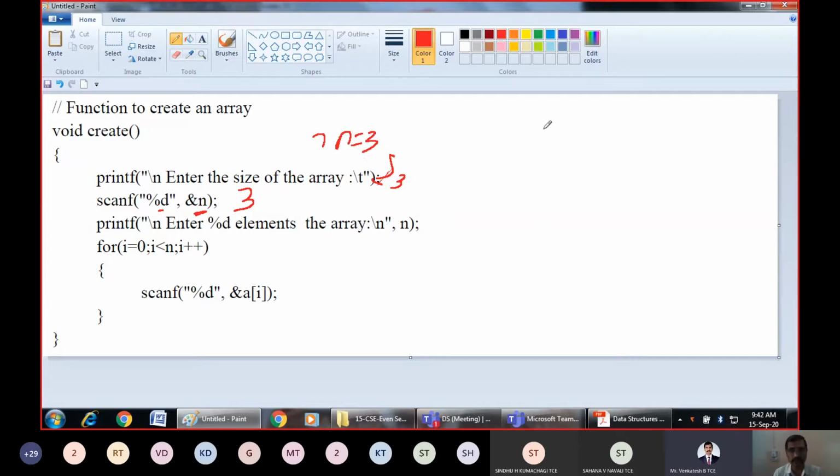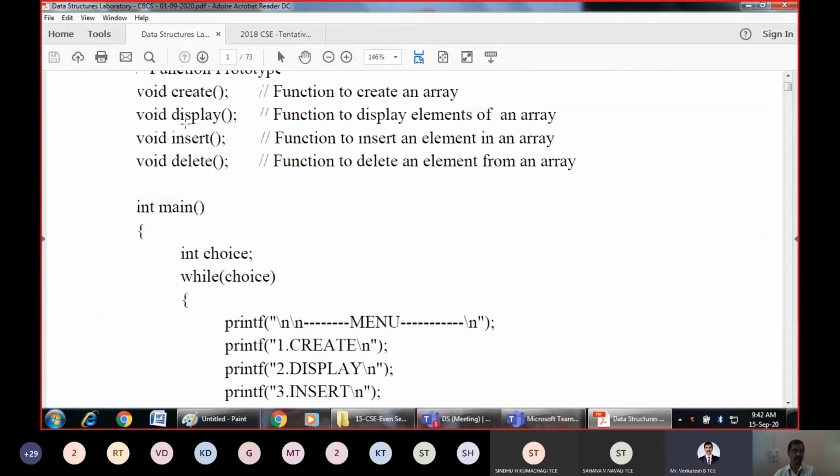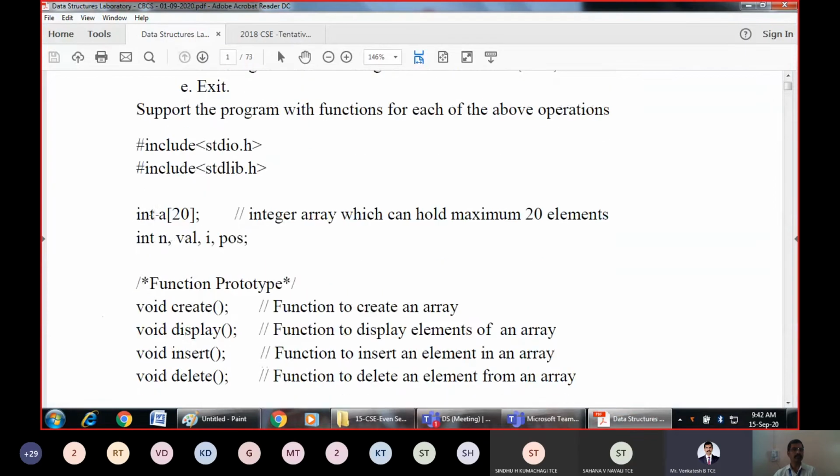That is nothing but the size of the array. So what name are we using? We have A as a name, as you have seen in the beginning. In the prototype itself, the array A was declared in the beginning. Let me come back and show you. See here, A was declared with the size of 20.